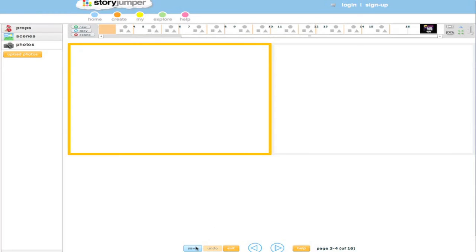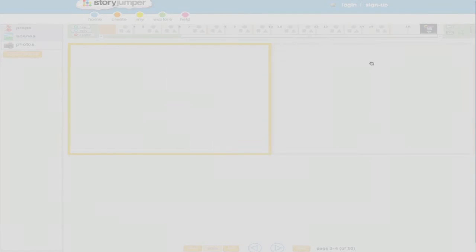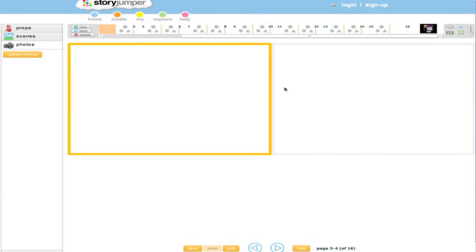I'm going to go over here to save. It asks you to sign in, and it's a free sign in. Once you do that, you're allowed to embed this in other tools. So of course you get the link to the story. You can embed it in a website using the HTML code, or actually, if you go to their homepage, you'll